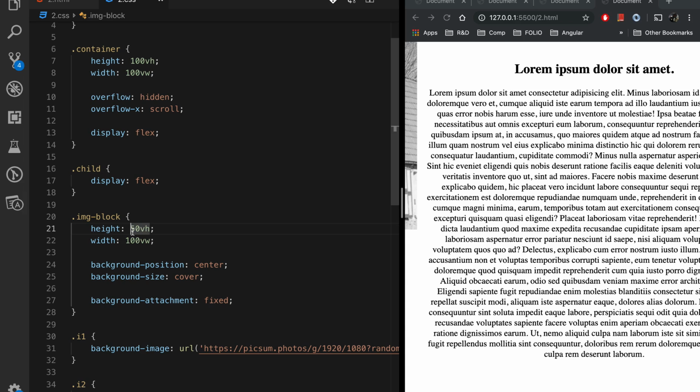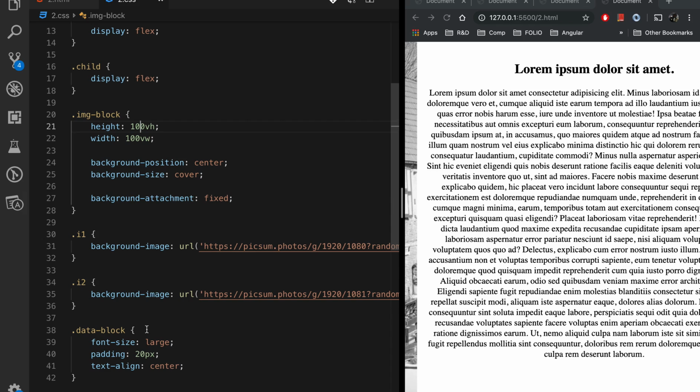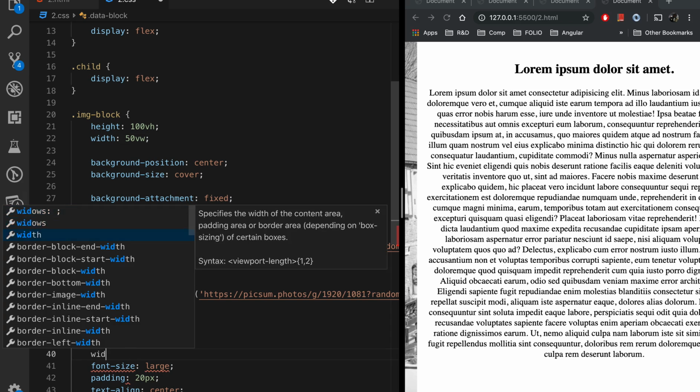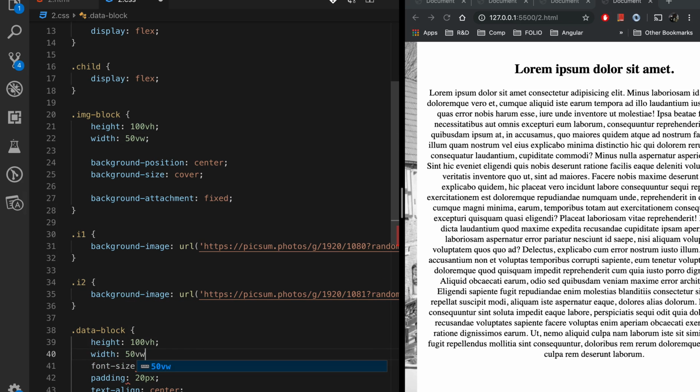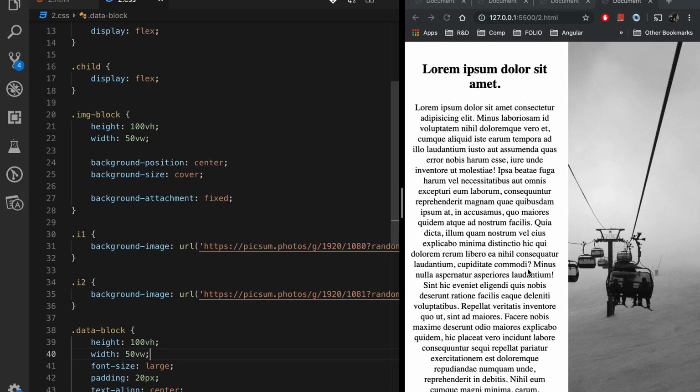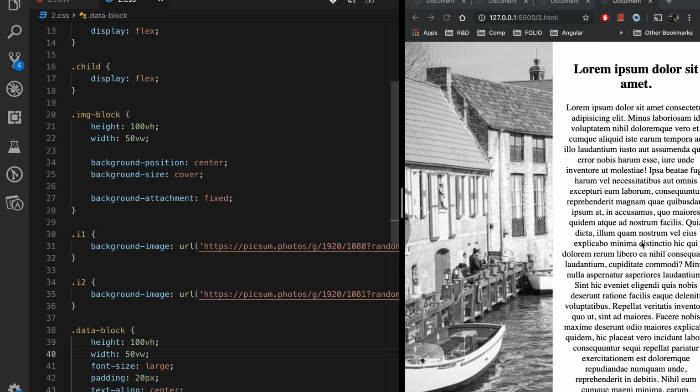And what we have to do for the horizontal part is keep the height of the image at 100%, that means 100 vh, and this time we can adjust the width to 50 vw. Well, now you can see that this is the parallax scrolling effect